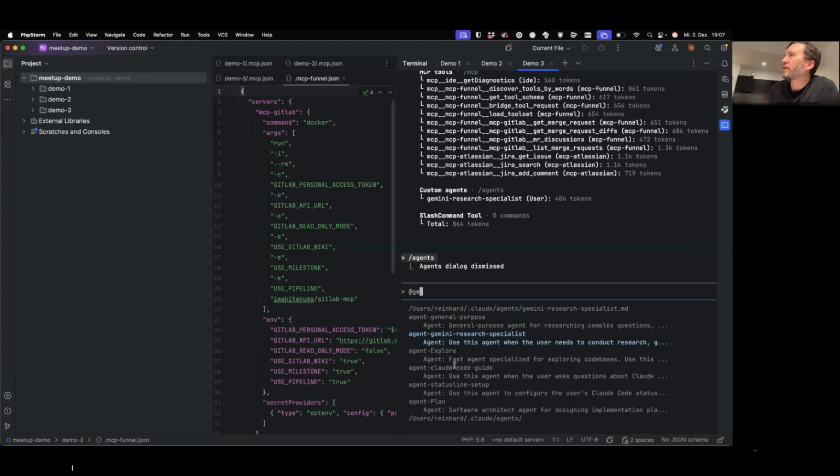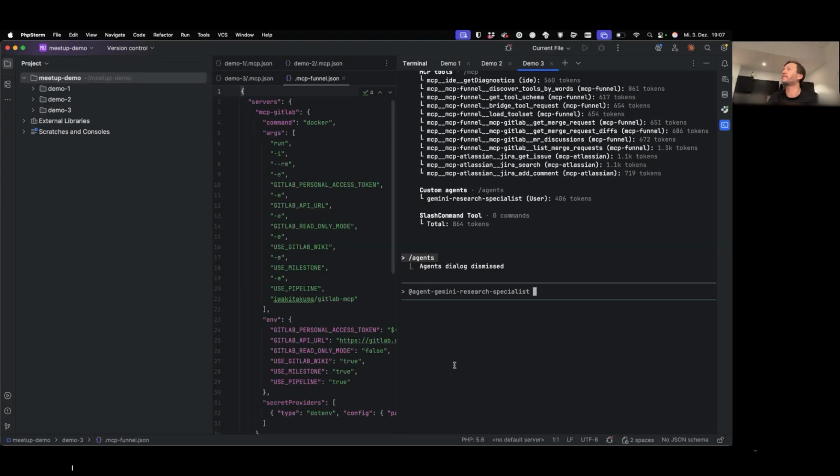So it's like with everything in Claude Code. With the at command, you can reference agents, files, and MCP servers. They're all there. In this case, I want to ask, I hope it works. No, it's not. I've not provided it. The Gemini Research agent. That's something very interesting because, as I said, there's not only Claude Code, but also Gemini CLI, for example. And you can actually train an agent here to do research not with Claude, but with Gemini.